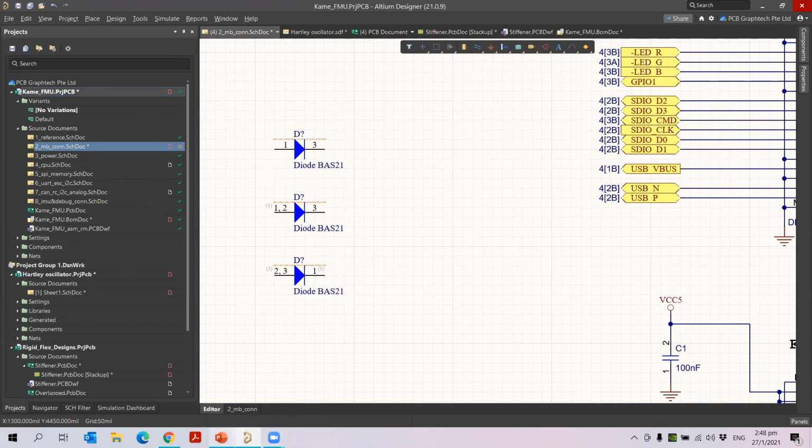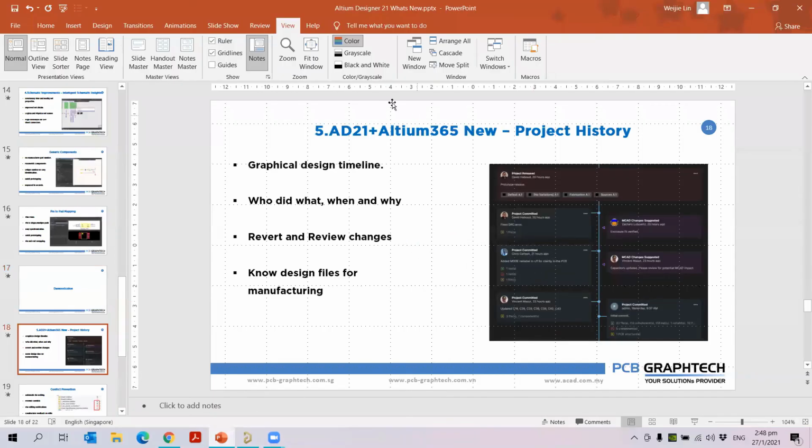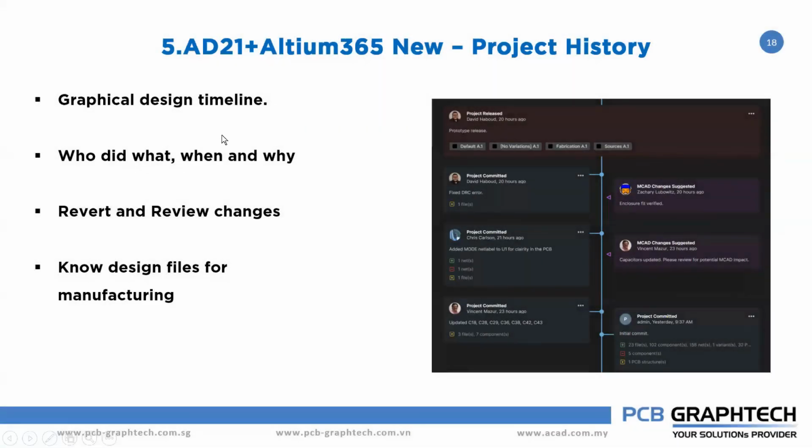Then the last topic is about Altium 365. Altium 365 is about your project history. A very new and very good feature is the version control history. It is connected to the version control in your Altium 365, so you can see who is doing what, when, and why.